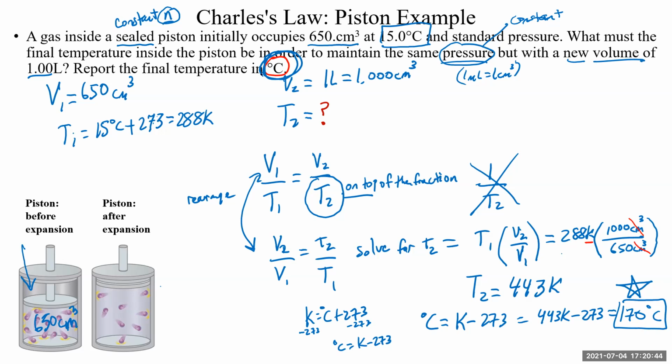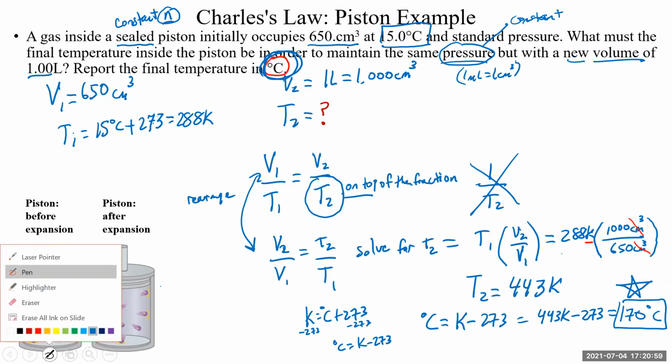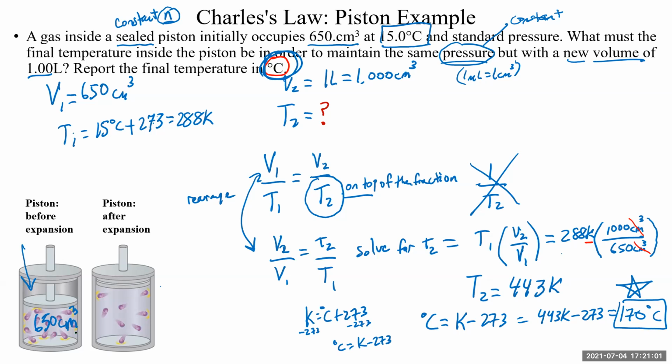Let me just give you a real quick example of why it doesn't work to use Celsius instead of Kelvin. If you don't need any convincing, then you can go ahead and just skip this part. It'll probably take 3 minutes or so. Let's say you want to compare a ratio of 20 degrees Celsius to 10 degrees Celsius, and you were to divide one over the other. That would give you 2. In other words, 2 times the temperature. But that doesn't really mean anything because 20 degrees Celsius isn't truly twice as hot as 10 degrees